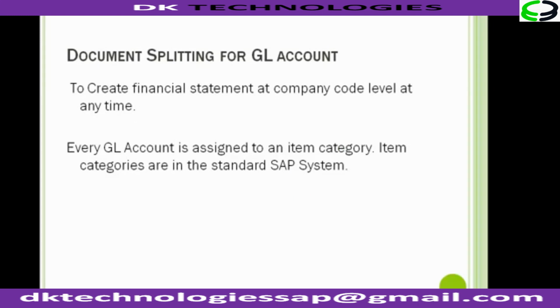Now once the groupings are done, then we move on to the splitting for GL account. Now as we have seen, in the account group we just group it as an asset or a liability or a revenue or income. But how will the SAP system decide that a particular group range